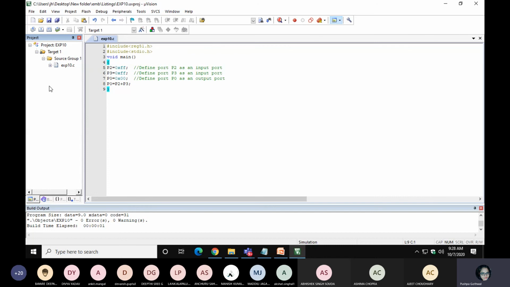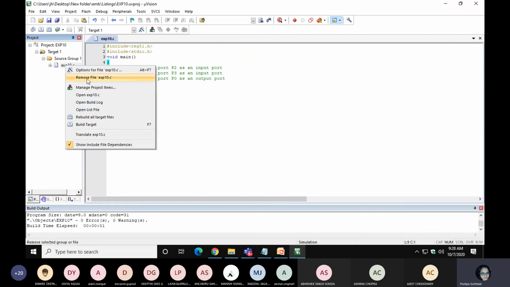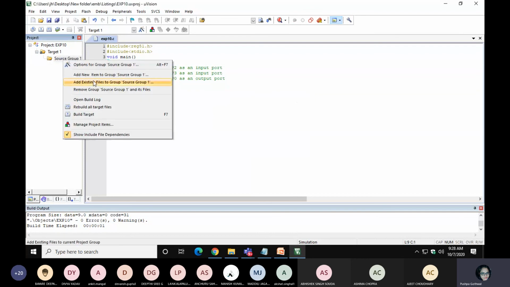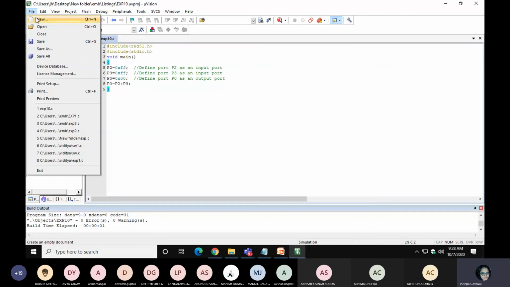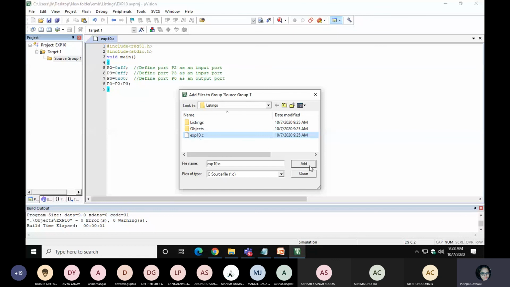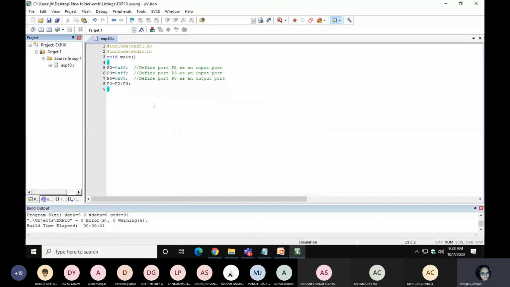So just remember, I'm showing how to do it. Just remove this file. Yes, I removed it. Now you have to add the next file, so create a new file here, then exit. Here I'm adding the file, again adding experiment 10. In that way, you can perform the program in the controller.